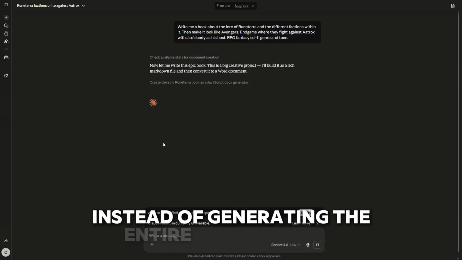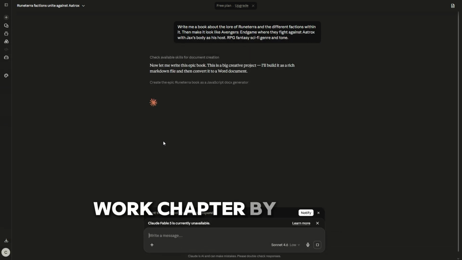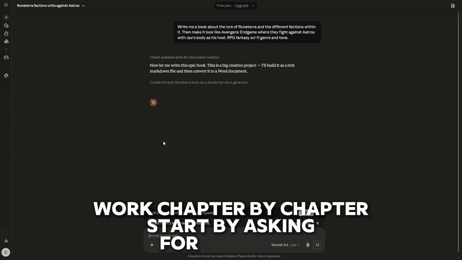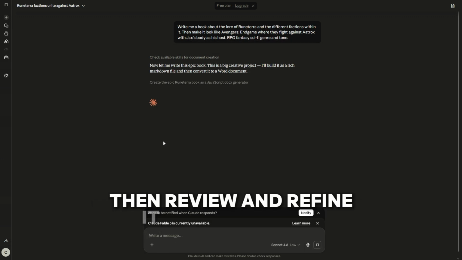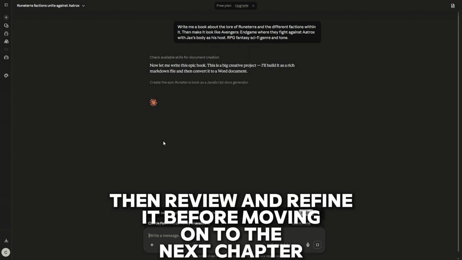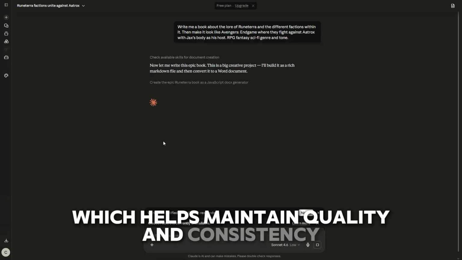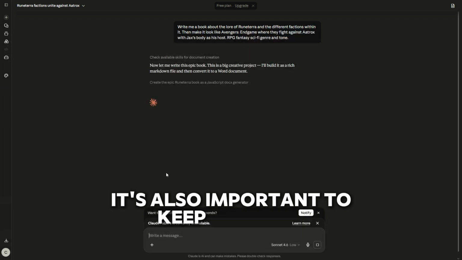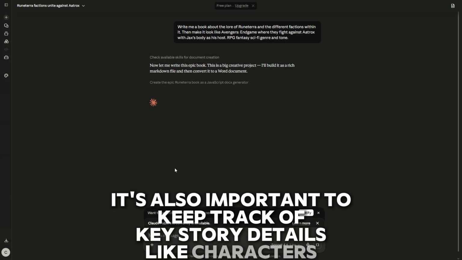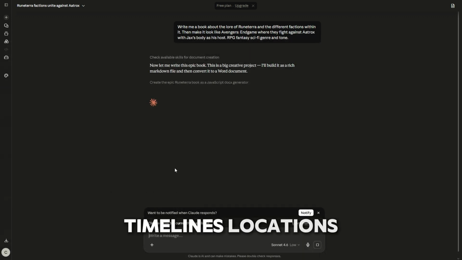Instead of generating the entire book at once, work chapter by chapter. Start by asking for chapter 1, then review and refine it before moving on to the next chapter, which helps maintain quality and consistency. It's also important to keep track of key story details like characters, timelines, locations, and major